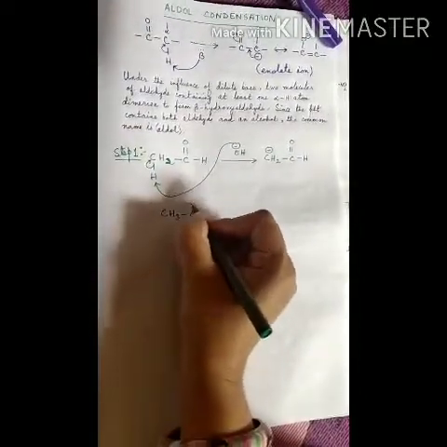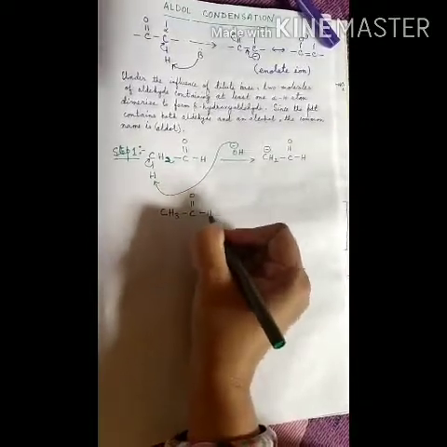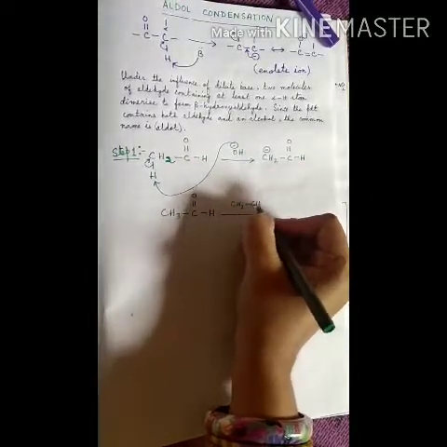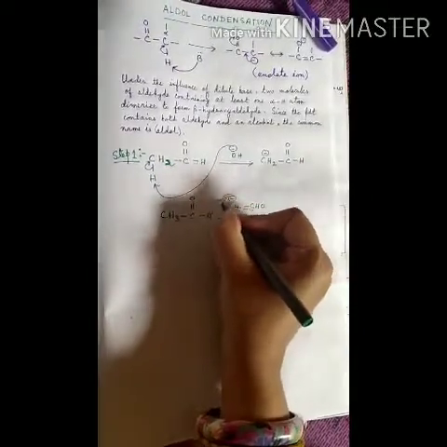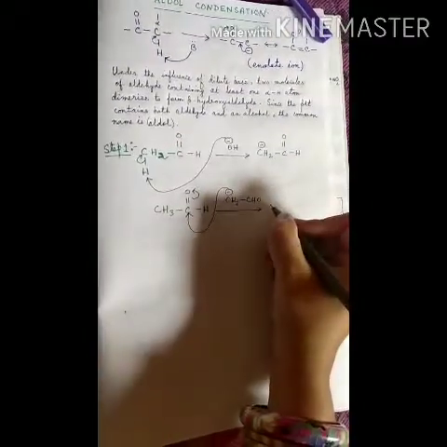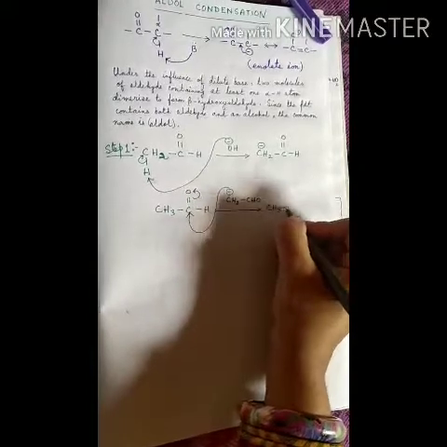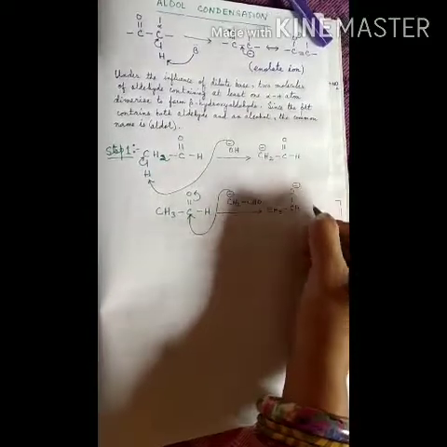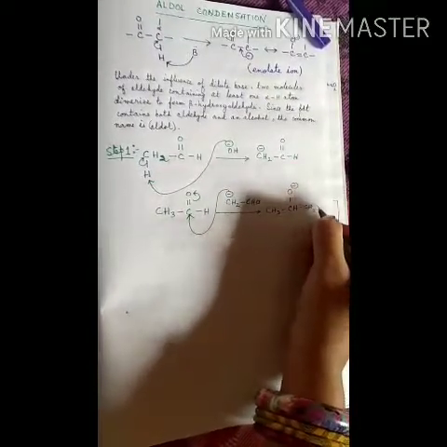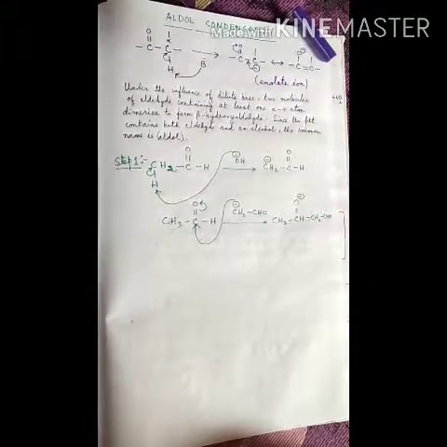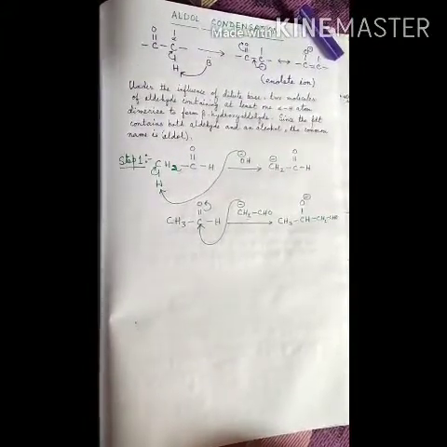So I have taken another aldehyde compound, same thing, and what happens here, this enolate ion that has been produced, this negative ion, will be attacking this carbonyl carbon and this bond will open up. So we will get CH3, CHO minus, and with this what got attached? CH2, CHO, isn't it? So this is our step 2, where the enolate ion is acting as the nucleophile and it is attacking the carbonyl carbon atom.